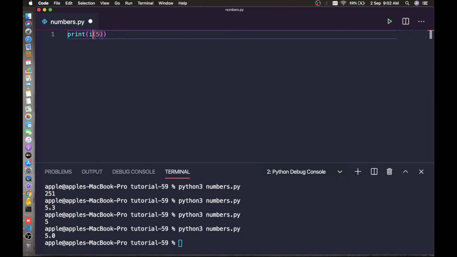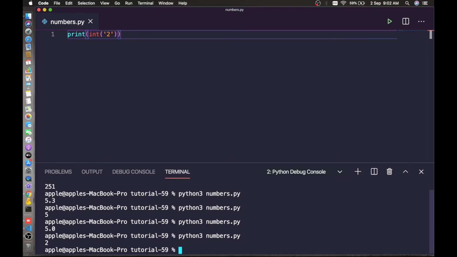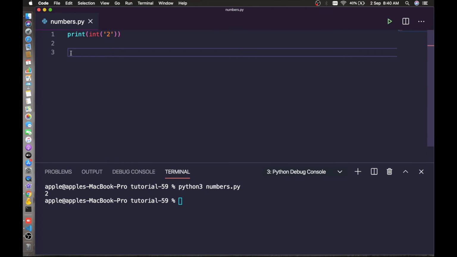Similarly, you can change a string number to an integer. Let me give you one example here. Here you can put int of a string. Here 2 is a string, but we want to change it to an integer, right? If you run this, this is the integer. If you check the type of this, it will be an integer number. Similarly, let's try with one complex number.